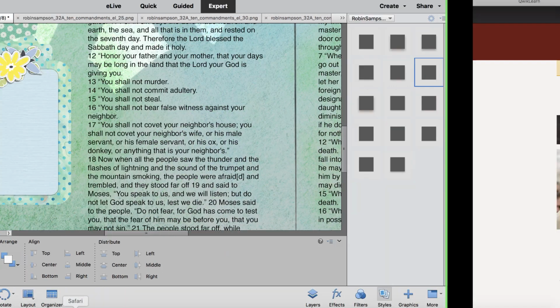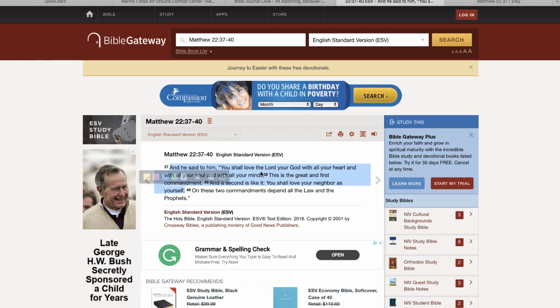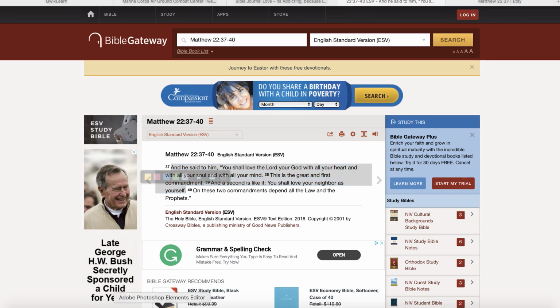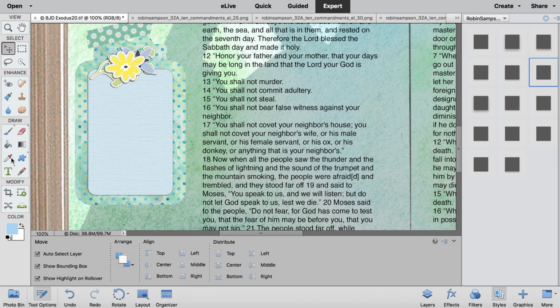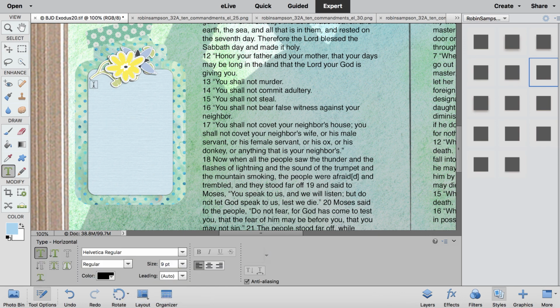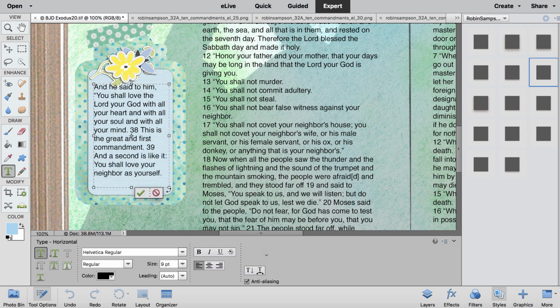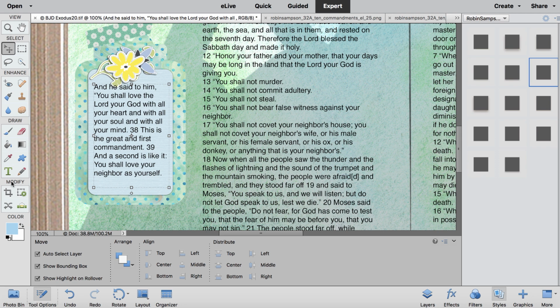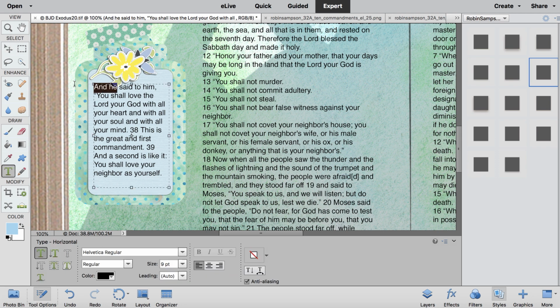Okay, I'm going to go get Matthew 22:37 from Bible Gateway. One thing I really love about Bible journaling digitally is that you can use any version of the Bible you want, free. And let's cut and paste that here. And I am going to change the "he" to Jesus because I want people to know what this is. And Jesus said to him,